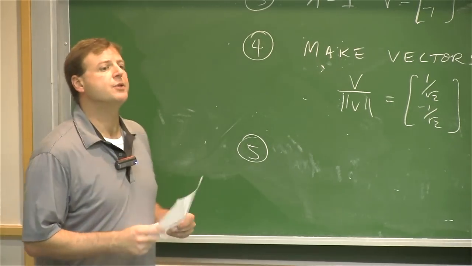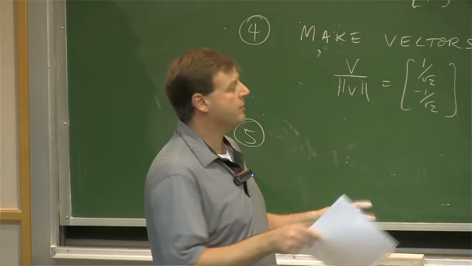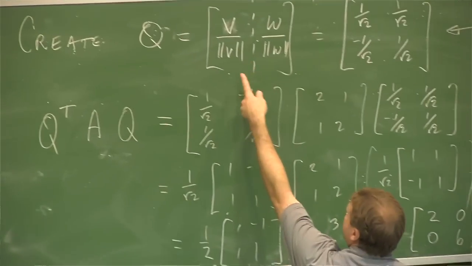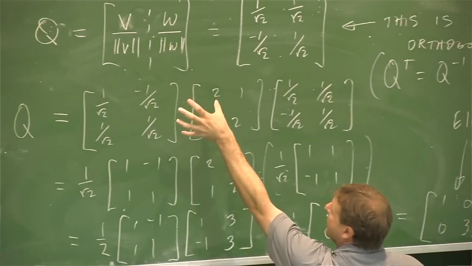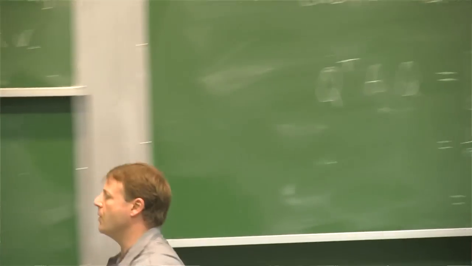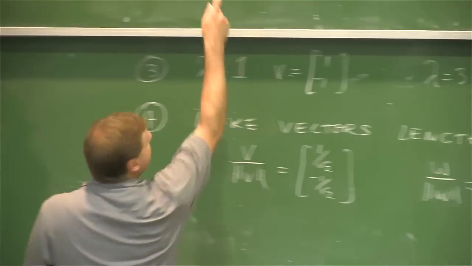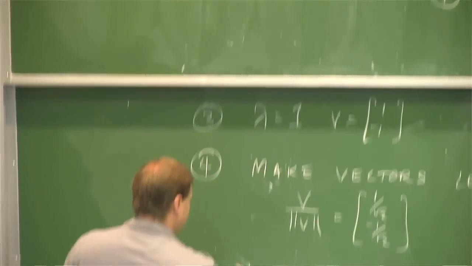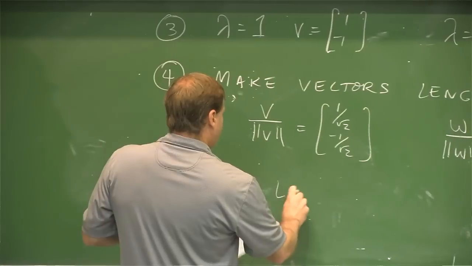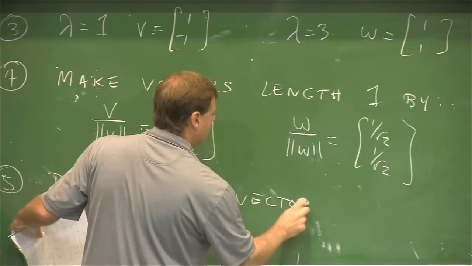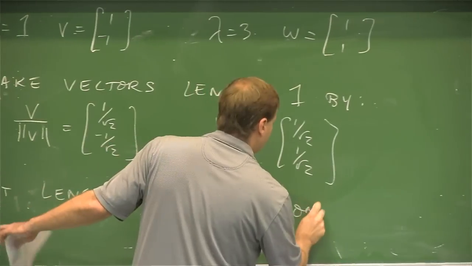Next, once we calculated them, we took them and put them in a matrix. We created this Q. See what I did? I took these new vectors that I created with length 1 and put them in a matrix. And that's the magic matrix, the one that changes A into that diagonal matrix. Okay, so let's put the length 1 vectors from step 4